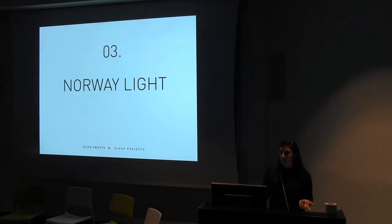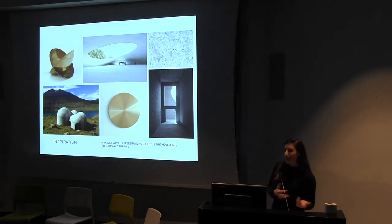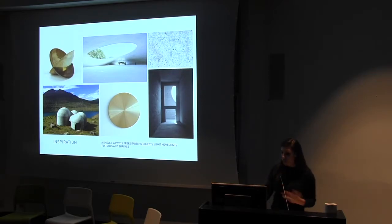And then finally, I'll talk about the Norway Light, which was a project I was invited to collaborate on with a designer based in Norway to create a piece for Design Week last May. And we were really interested in creating a piece that could stand alone, that was somewhat kinetic, and that was inspired by this material palette, and this idea of a shell, the idea of a pivoting brass disc, the idea of light being shifted from one place to another,